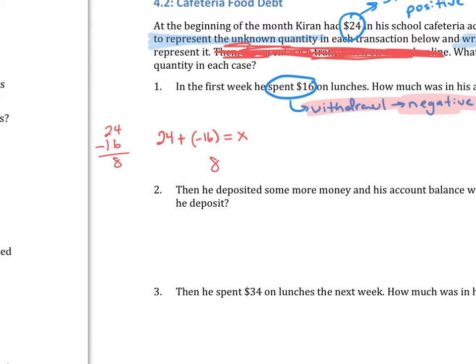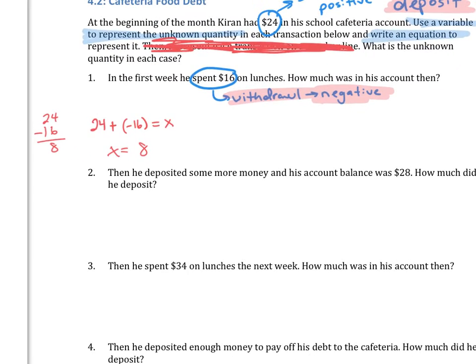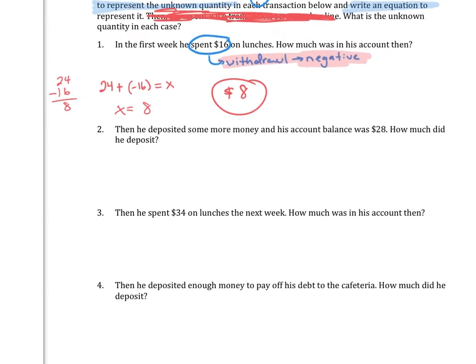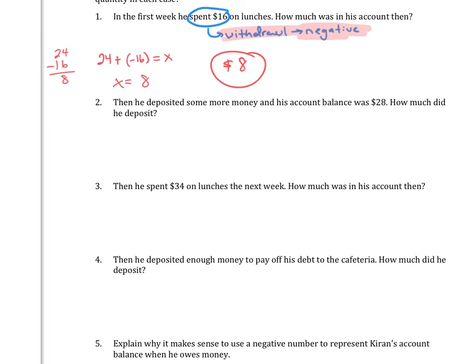And then I know that because there are more positives, this is going to be a positive 8. So therefore, how much was in his account? We know there was $8 in his account. So after the first week, he now is at $8. Question 2, then he deposited,